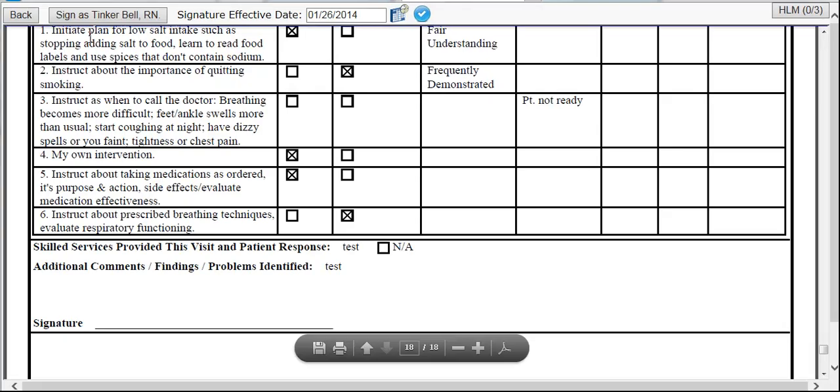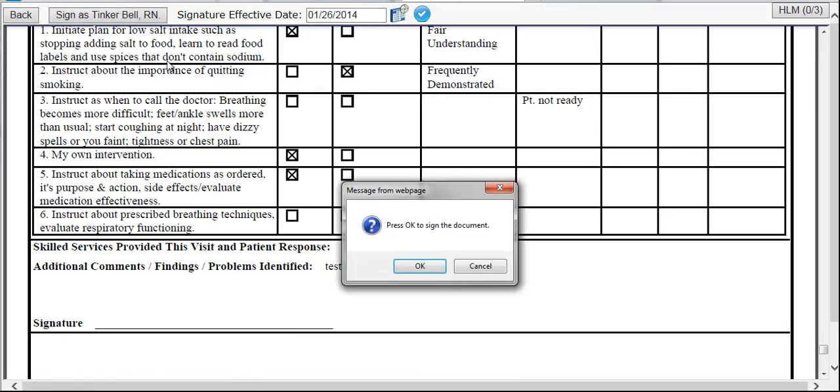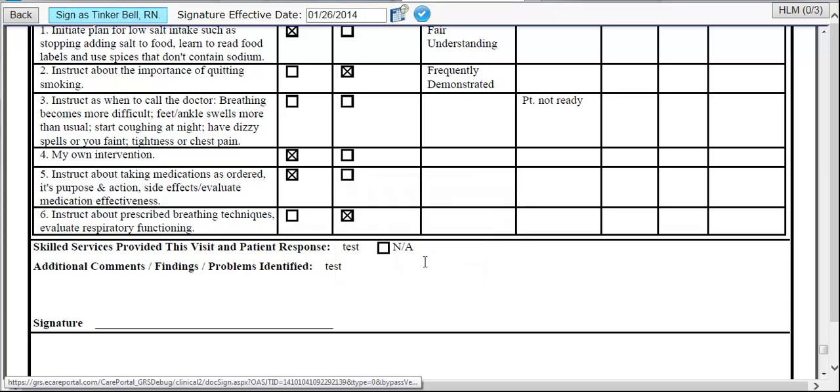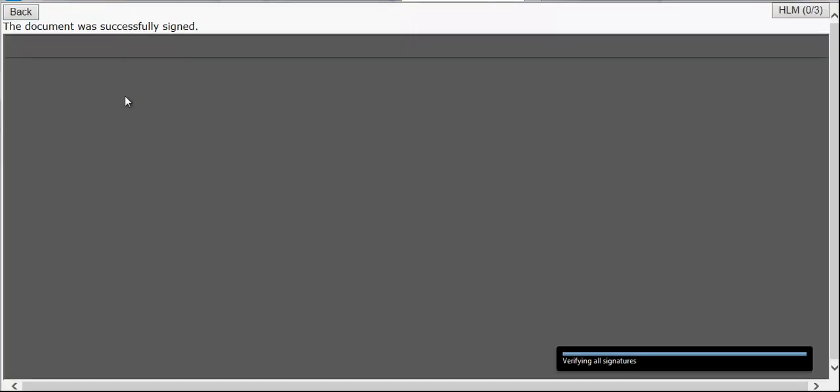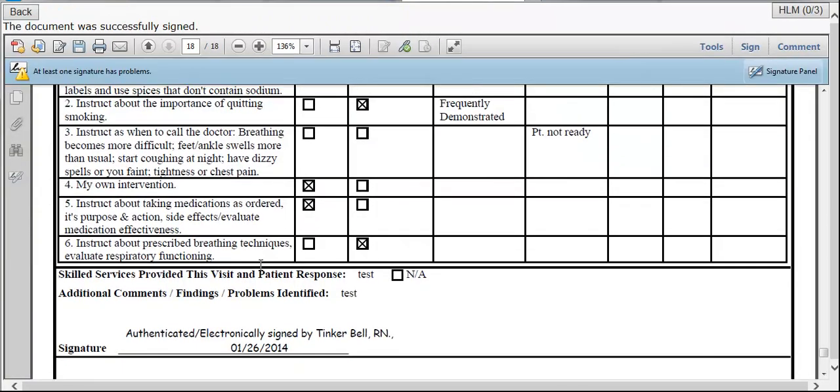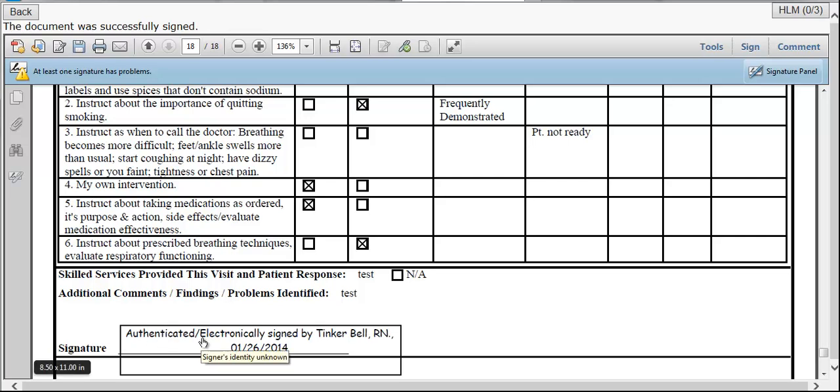When I click the button to sign as Tinkerbell, RN, it asks me to click OK to proceed. It says the document was successfully signed, and it shows that it was authenticated and electronically signed by Tinkerbell, RN